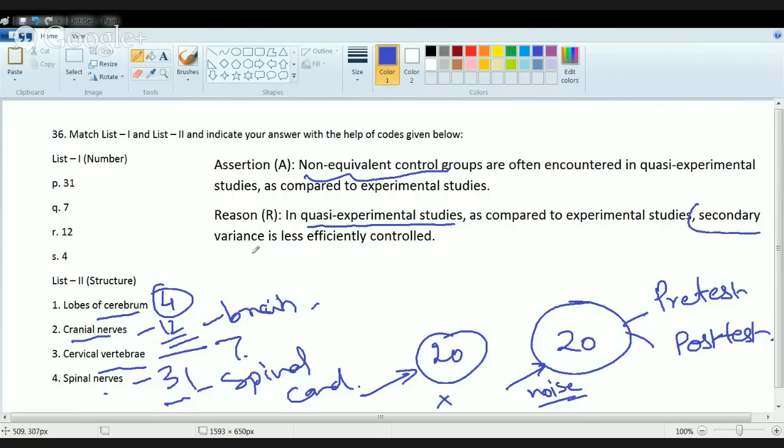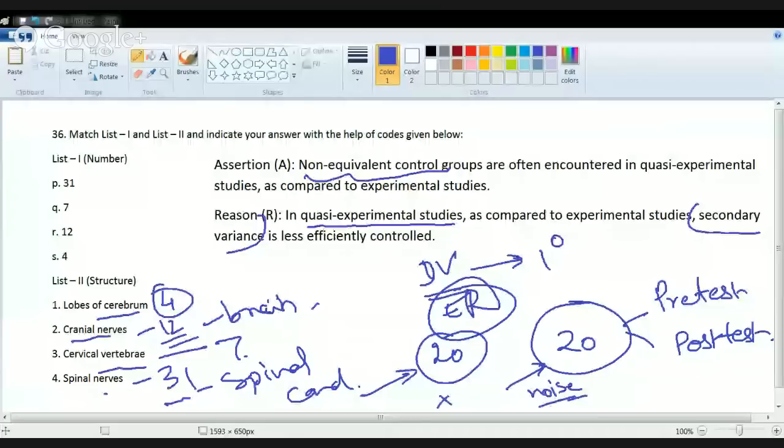now here the question says secondary variance is less efficiently controlled. Now what is secondary variance? The effect of the independent variable would reflect as primary variance. Okay. So the variations due to the independent variable would lead to primary variance. Now what is secondary variance? Secondary variance is variance due to the dependent variable, but it is systematically associated with other identifiable variables. And finally, you have error variance. What is error variance? Error variance is unpredictable and unsystematic error that occurs